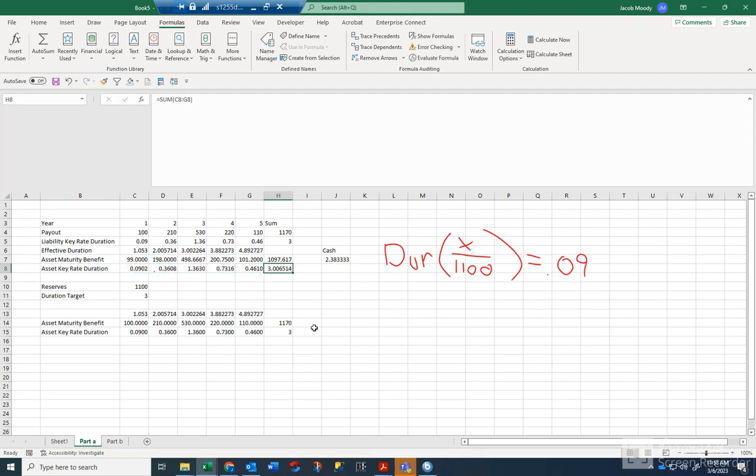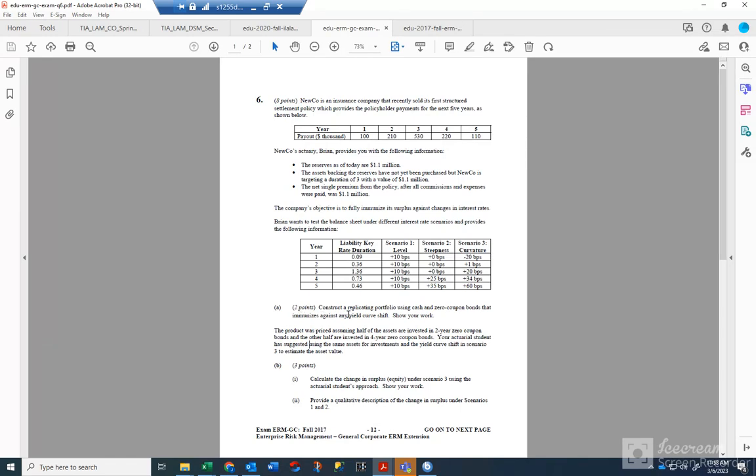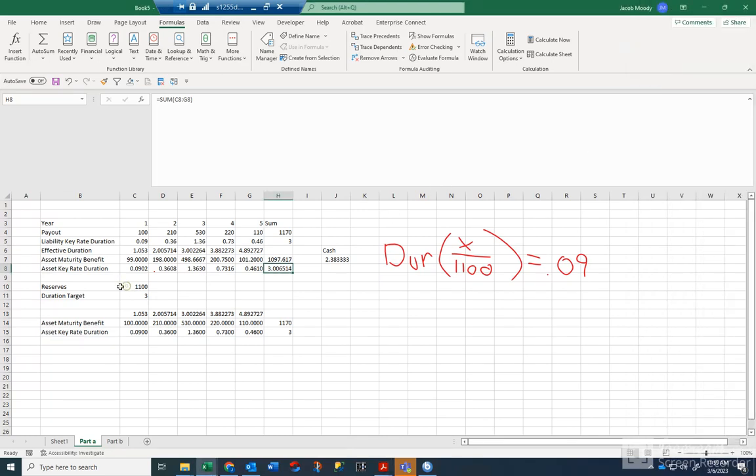almost 3. And then it says in the problem here, I need to replicate the portfolio using zero coupon bonds and cash. So we calculate the cash, but we have 1,100 in the total assets. So I just did 1,100 minus the